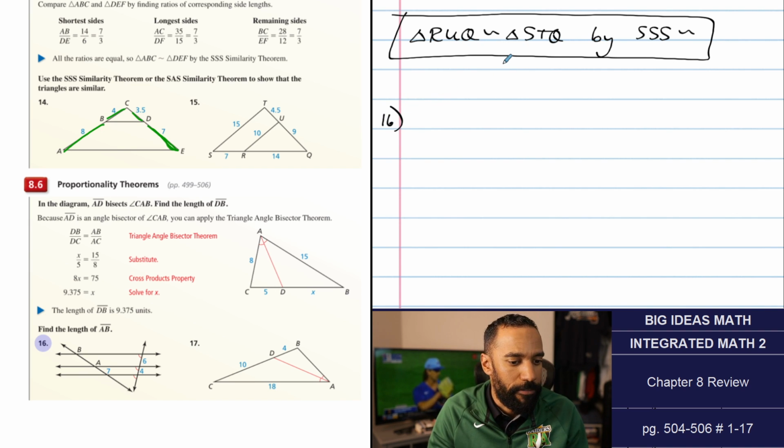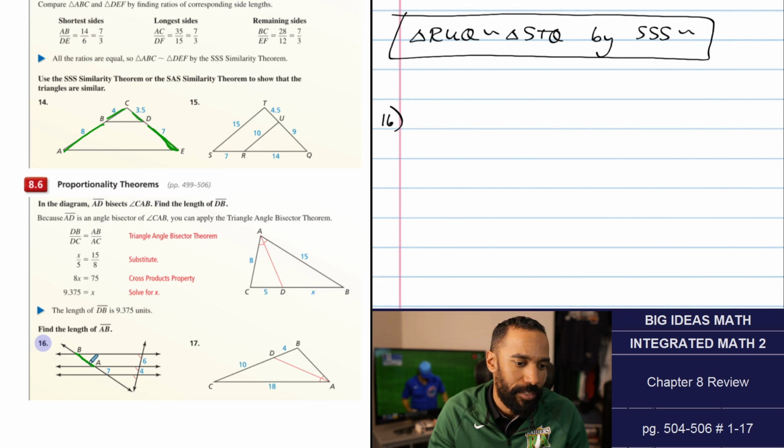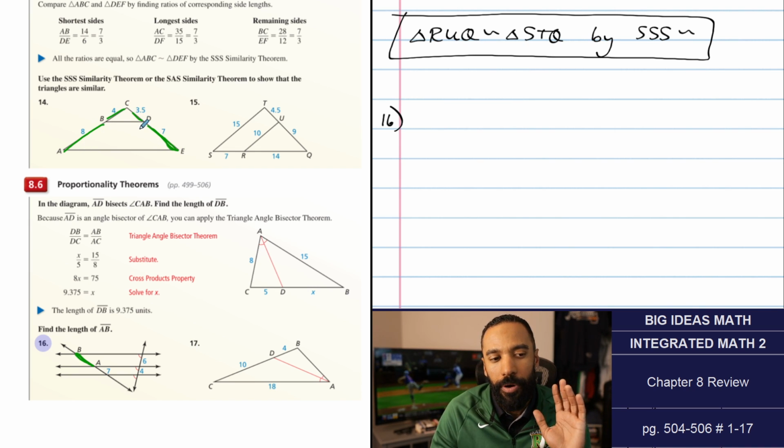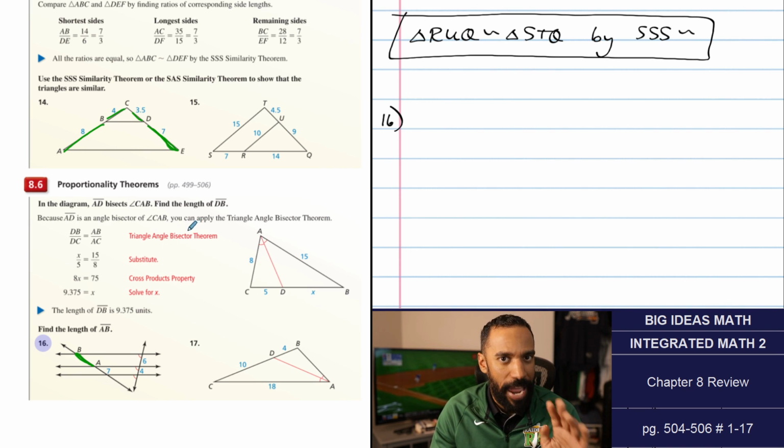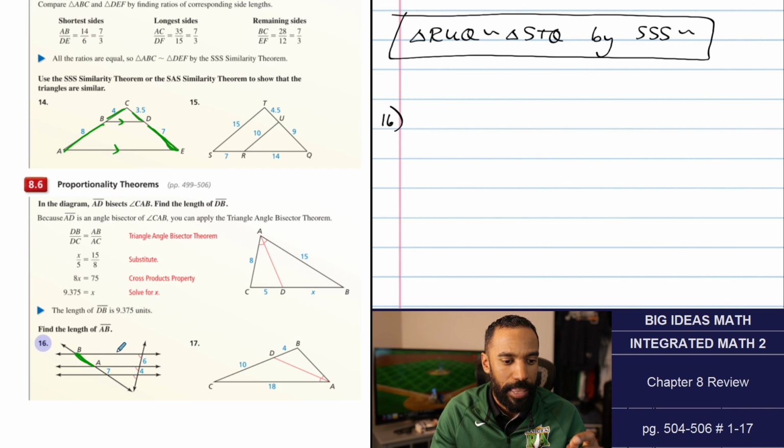Number 16, find the length of AB. Now AB is just this segment that's right here in green. Now this has that same split part that I was showing here, this over this equals this over this, provided that you know that the lines are parallel. Now I know these lines are parallel because corresponding angles are congruent, and then the lines are parallel by the converse. This also has congruent corresponding angles here, literally corresponding angles, not like triangles' corresponding angles, but corresponding angles. That means these lines are parallel as well. And because you have parallel lines here,